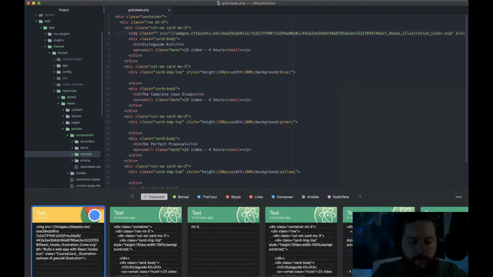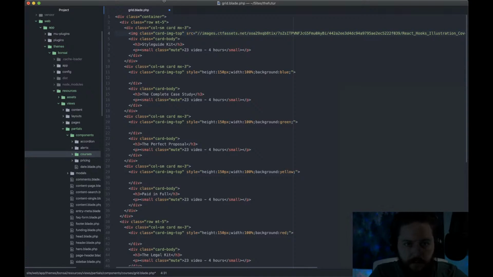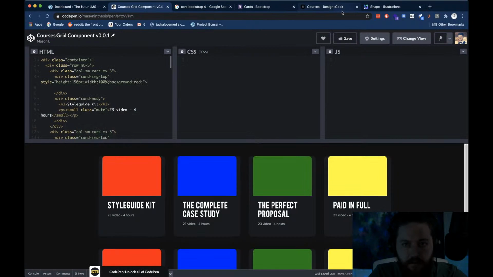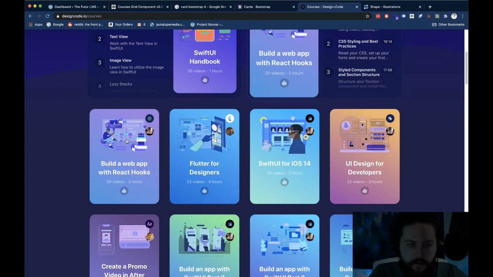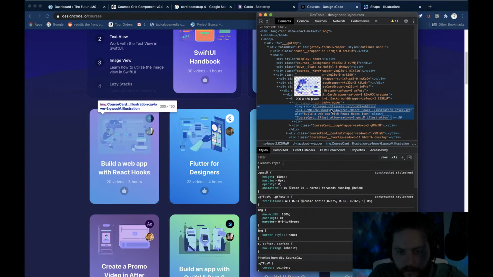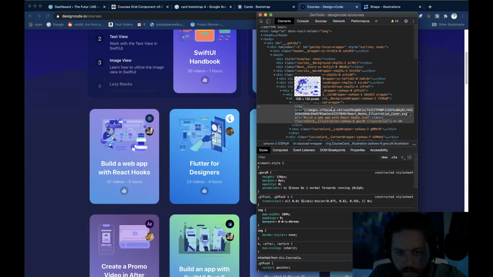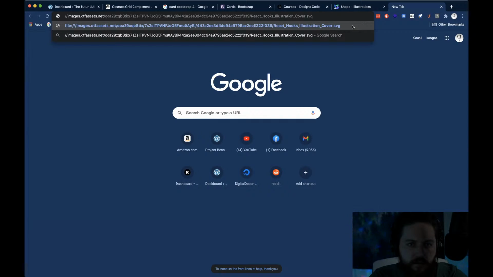Class is card image top. And then, so would it be